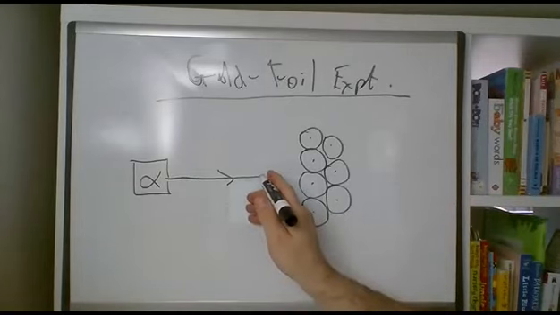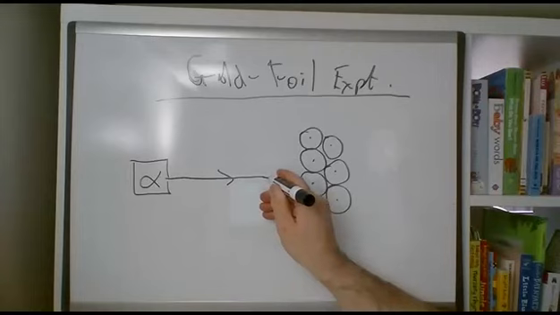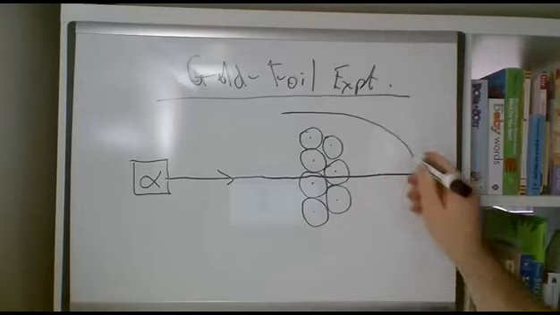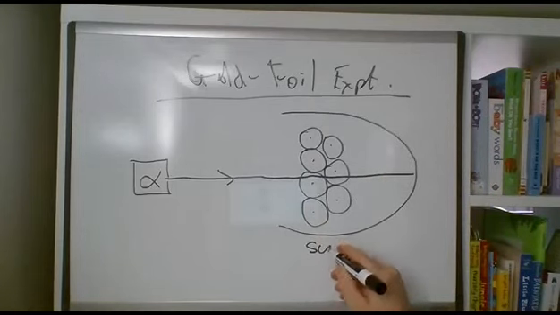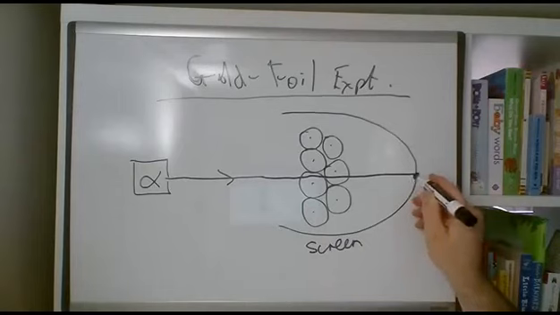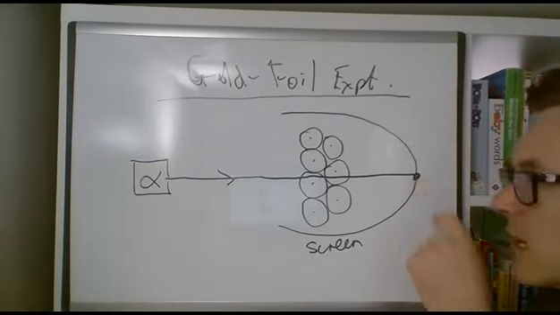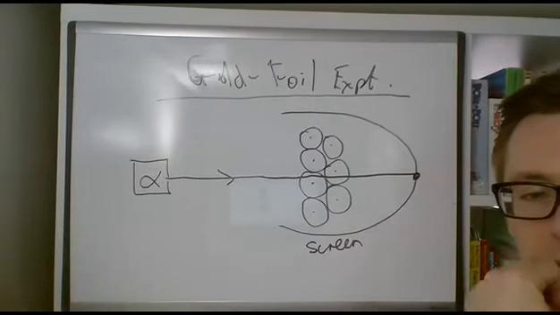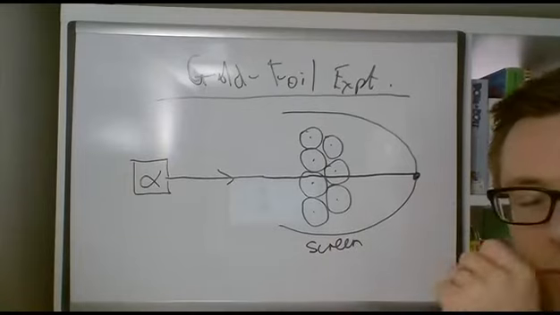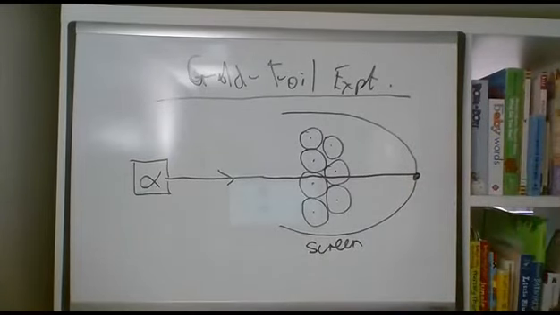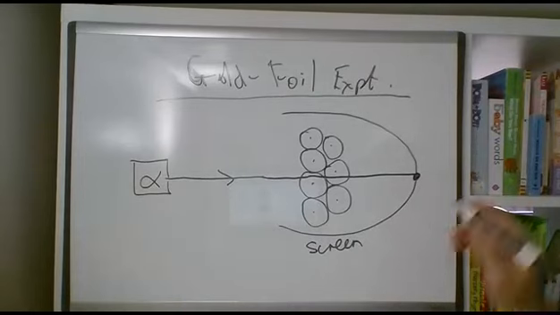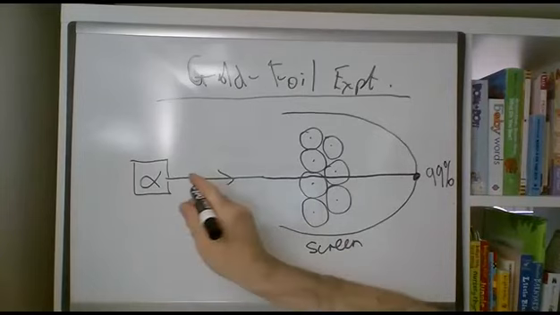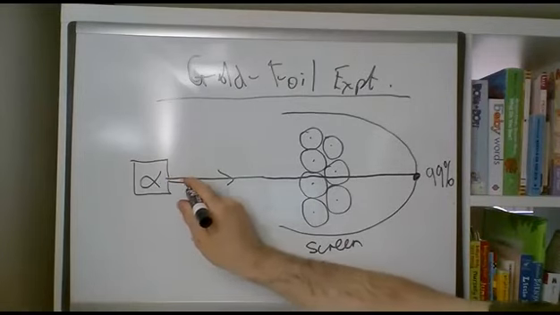So he noticed that when he fired alpha particles at a thin piece of gold foil, the alpha particles went right through. And he had a big screen, and he could see that the passage went right through because it would hit a screen, and he could see a beam of light. This could be a phosphorescent screen that would spark as light when something hit it. Very, very rarely, so let's say about 99% went right through. But very, very rarely